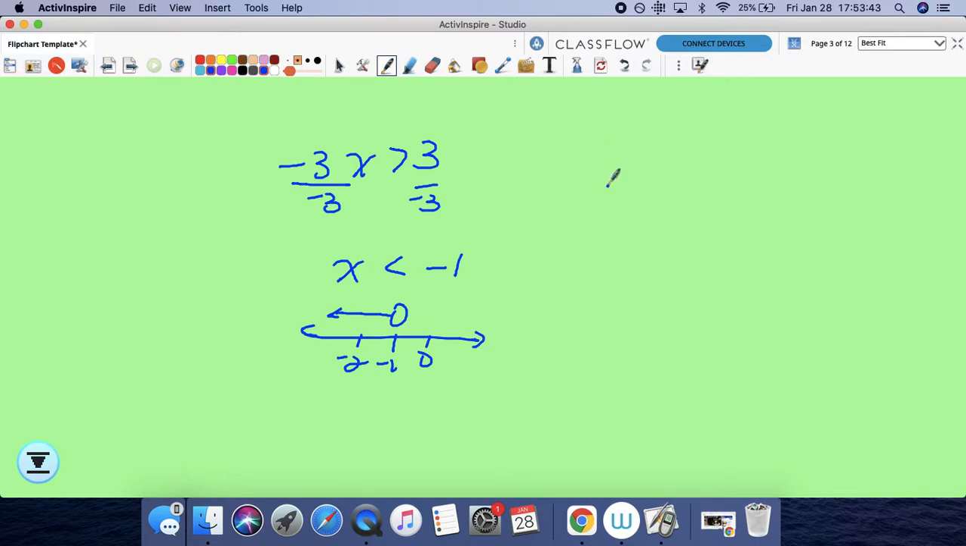Our original inequality is this. So I'm going to pick, I don't know, let x be negative 10. 3 times negative 10 is greater than 3. 3 times negative 10 is positive. And you can tell that works. So